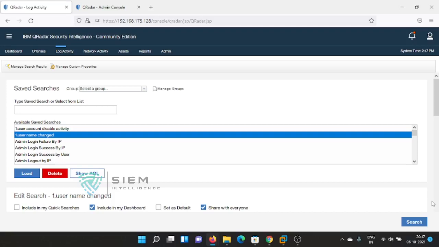Okay guys, that's all for the day. We will meet in tomorrow's class with respect to log activity, and this is the most important with respect to QRadar, the offense tab and dashboard. These are the main activities which we need to do. If we require it once more, I will explain one more time, no worries. It looks easy, but when you start doing it, you will start getting so many difficulties while doing the log activity. I will give some tips on how to do the activities. We'll meet in tomorrow's class.